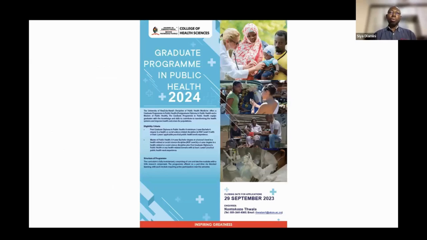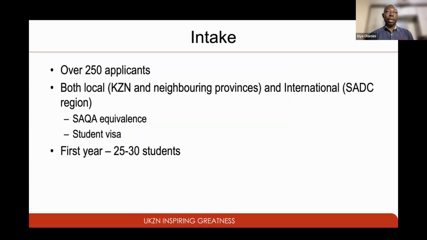This is an example of an advert that will be posted online on our website with all the details. There will be additional instructions in terms of what is needed for submission, like what other colleagues have mentioned: motivation letter, your academic transcripts, your CV, all of those details. They would need to be included as well. And just to mention that we do also have international students that apply and partake in the course.